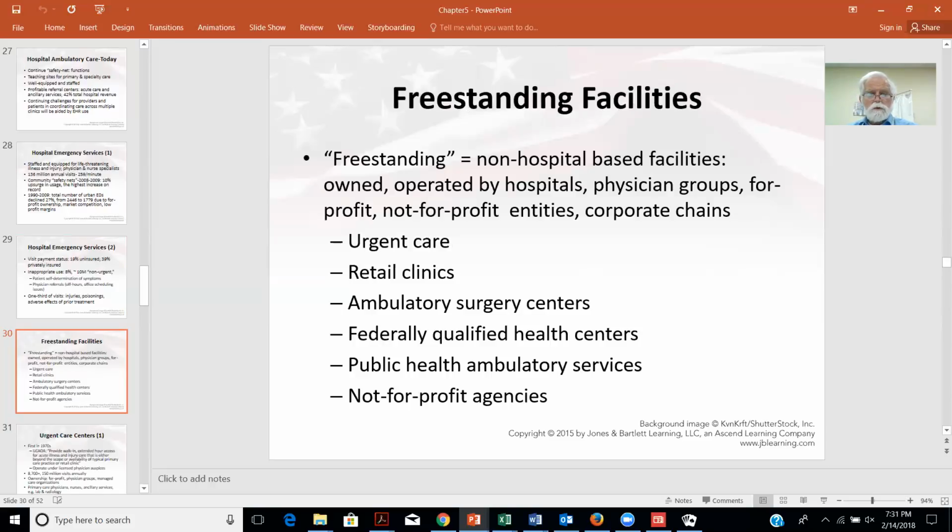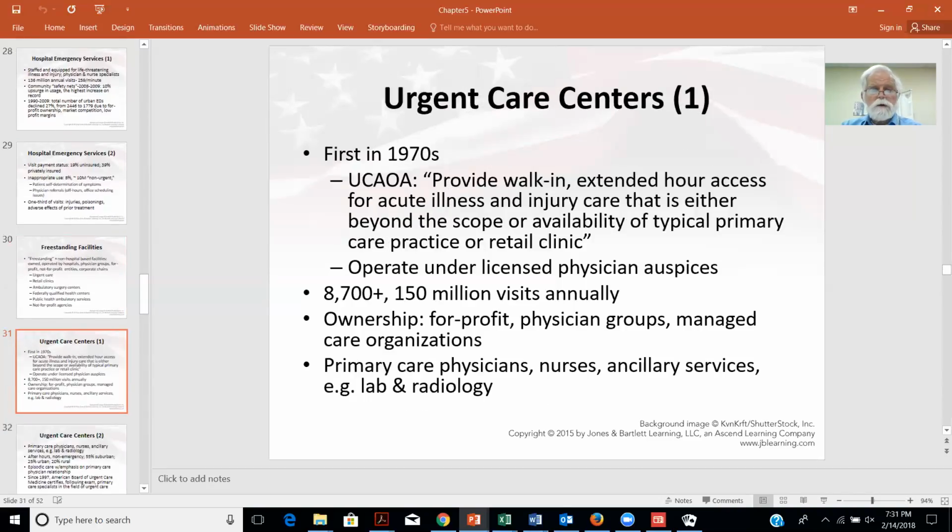We have ambulatory surgery centers. You go in and you have a surgical procedure done. A good example is almost all cataract surgery now is ambulatory. You go in the morning or whenever you go in, you're prepped, you have the cataract surgery, you're driven home. So you don't stay in. They keep you only long enough to know that you're not reacting badly to the procedure, and then they send you out. We have public health services, and we have various other kinds of health centers.